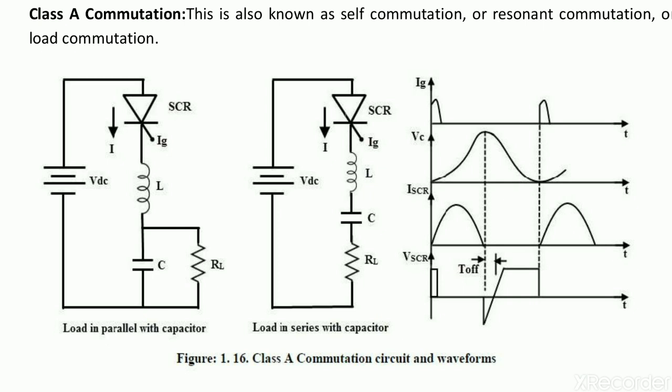The point at which the capacitor is fully charged and the point at which the SCR current decays to 0 is the same. So ultimately when the SCR is turned on, the voltage across the SCR is 0. We can see that in the fourth waveform. So what basic thing happens after the capacitor is fully charged? The capacitor provides reverse voltage to the SCR, which ultimately turns off. So that is the complete mechanism of class A commutation.